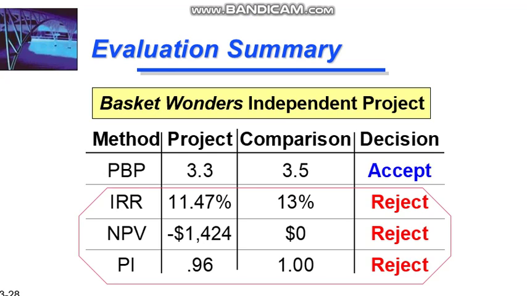Now we can see the summary, the executive summary. The project was giving 3.3 at payback period, and the comparison we did with 3.5, we accepted, and the project was giving IRR 11.4